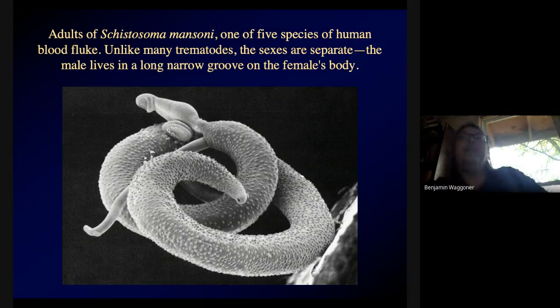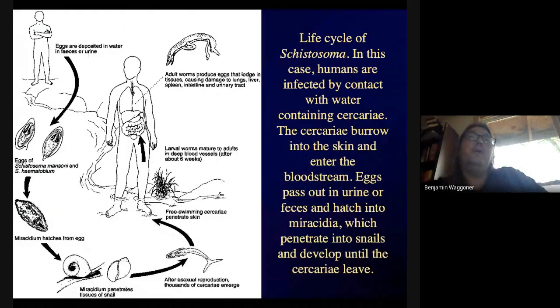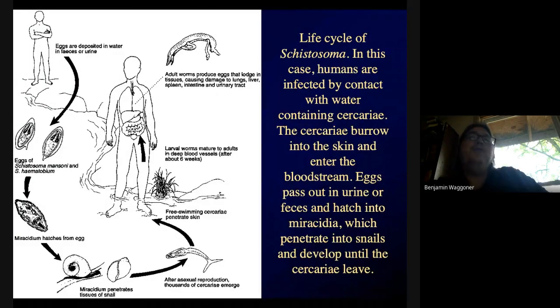So they'll live paired up like that, and humans are the definitive host. And you'll find them, depending on the species, in the blood vessels of the liver, the blood vessels of the intestines and spleen, or sometimes in the blood vessels surrounding the bladder. From there, eggs will pass out either in urine or feces. The eggs might kind of have to work their way through some tissue, but they'll pass out in urine or feces, fall into water,